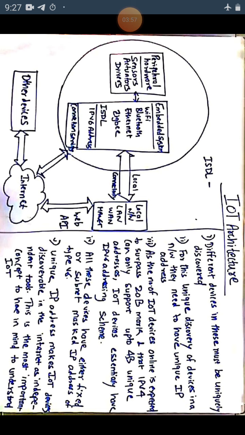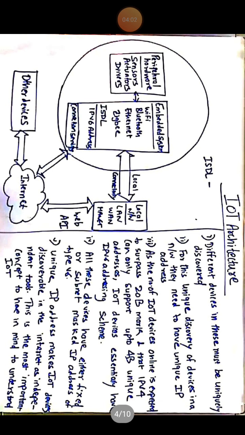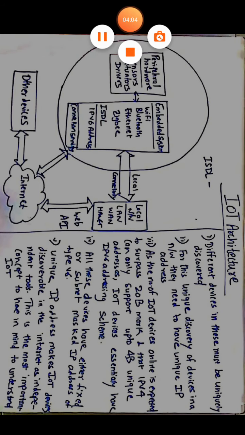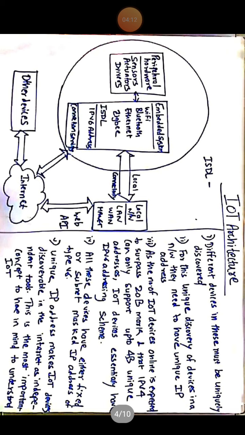Another device again stands for another device, that can be IoT or any other artificial intelligent device. Now class, I have some basic important points that you can see on your right side, as I have already told you about IoT architecture and the important peripherals like sensor, actuator, drivers, embedded system, Wi-Fi, Bluetooth, internet and other devices. You can see it is also connected with the local connectivity which has a LAN, WAN or MANET. Now here are some important points which we can discuss.